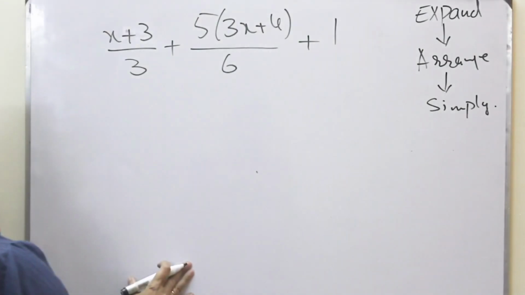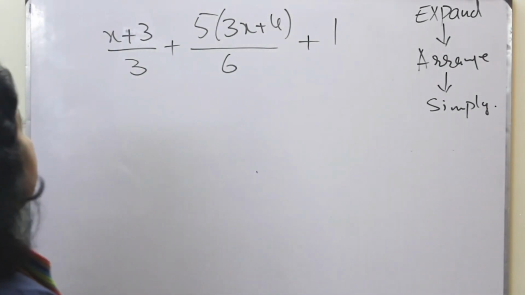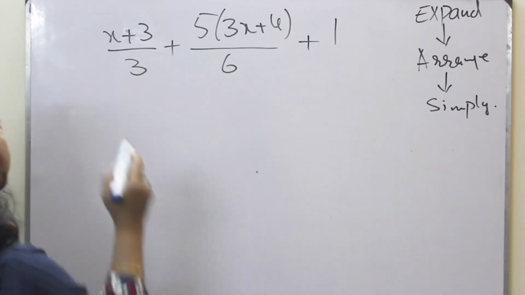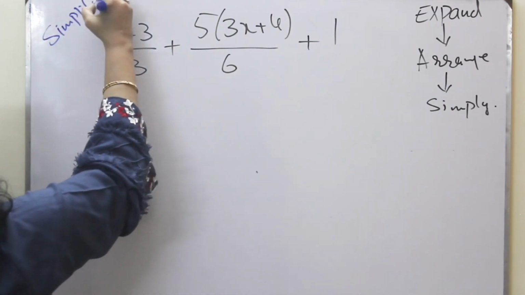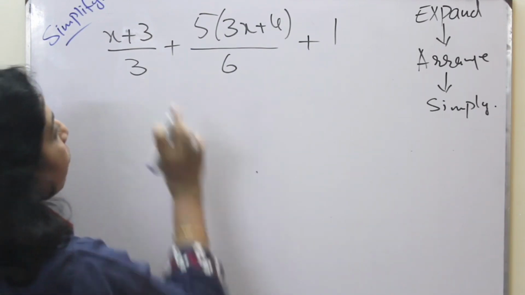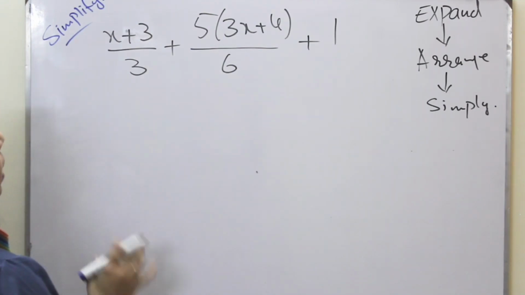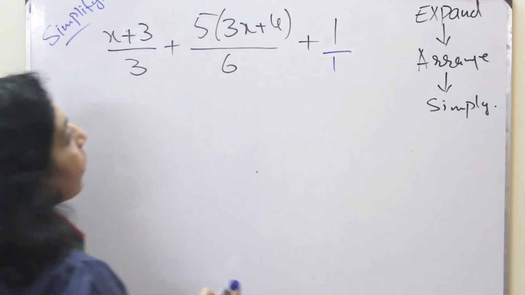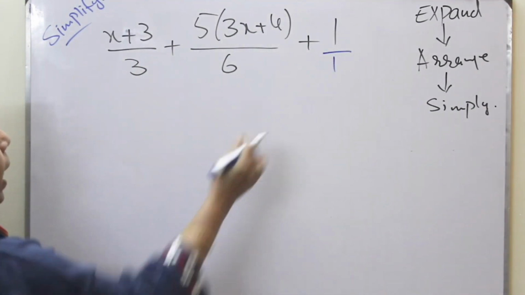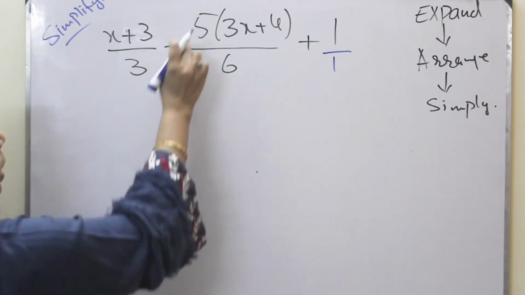In my last question, you can see the recap of the video because it has all those things which I have explained before. We have to simplify. We have the LCM of even numbers, so we have to make the ladder and take the LCM. This one is a whole number. We shall make it 1 over 1 to make it a fraction and to add it in these two. Well, we have to open it first.